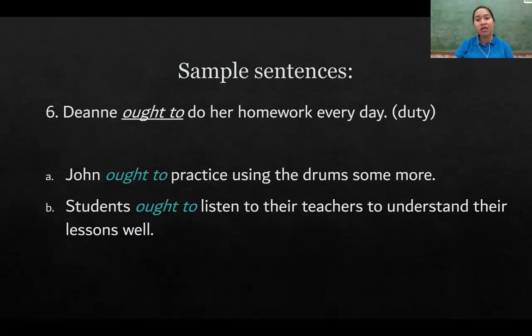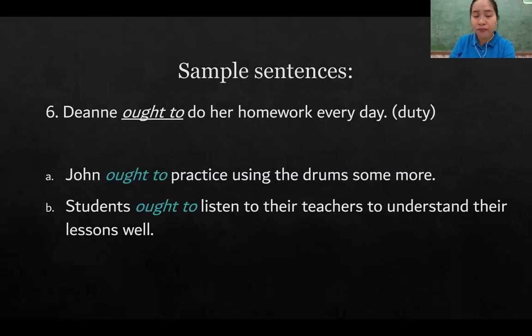Ought to means duty. Do you know what duty is? Duty means it's like an obligation, or you have to do it, right? Or like a responsibility. Ought to. Just like you ought to do your homework every day. You ought to do your activities on your own, not with the parents doing them,